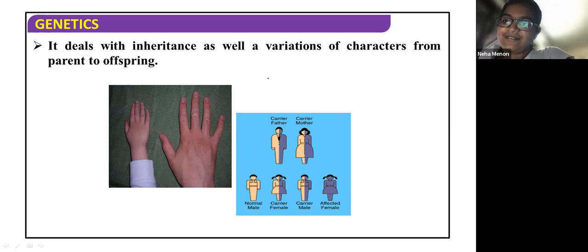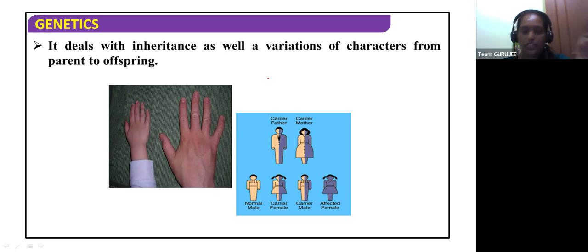Okay, so in what form is the character expressed? You're right, the flow is like this. So it's decoded as mRNA. In what form is it expressed? Whatever character we have, in what form is it expressed? Yes, proteins. So this is what we call the central dogma of molecular biology.